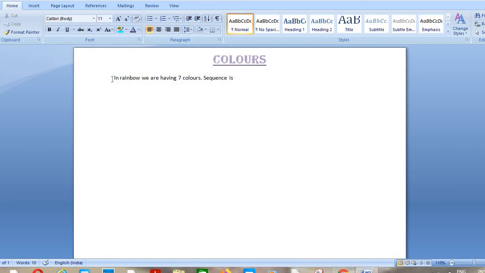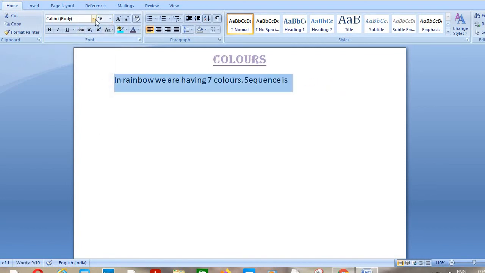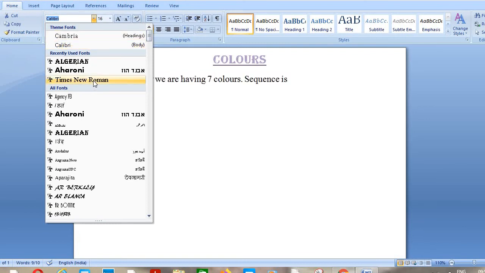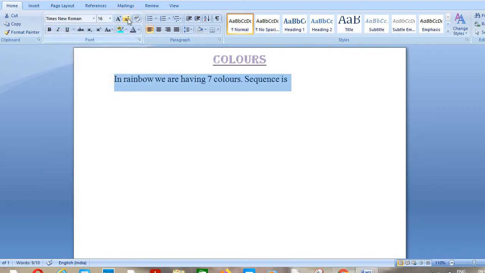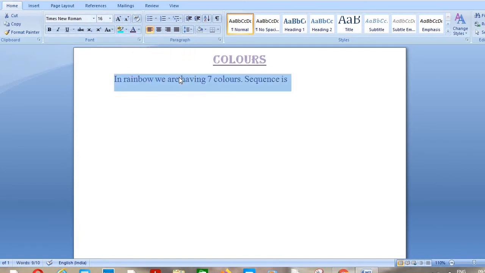So if you want to select this complete line, so arrow is here. Just press shift and enter, your complete line will get selected. Now we will keep detail part in 16 and we will choose font Times New Roman, that I always prefer for writing a paragraph. And now we want to change the font color. So just keep the dark purple color here. Okay, you can choose anything. And we want to keep this text on left hand side. Okay, is it clear? Very good.